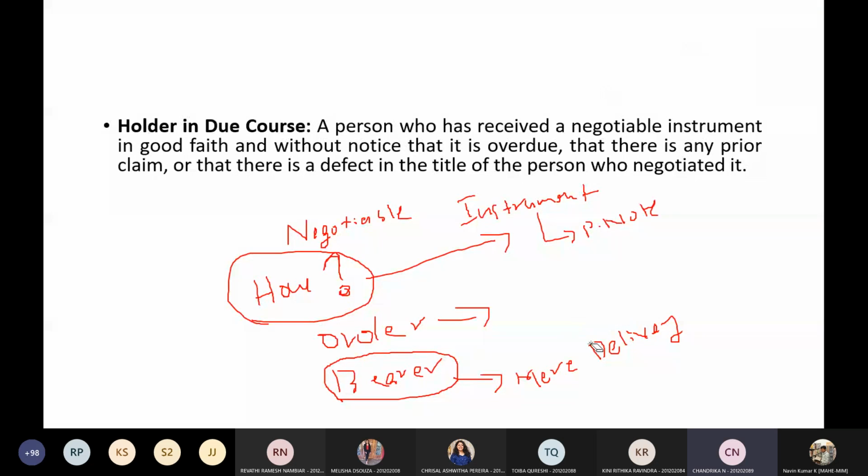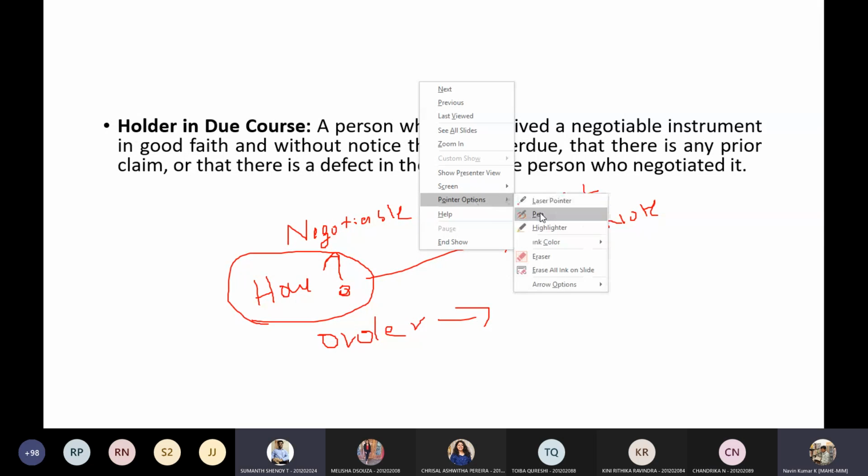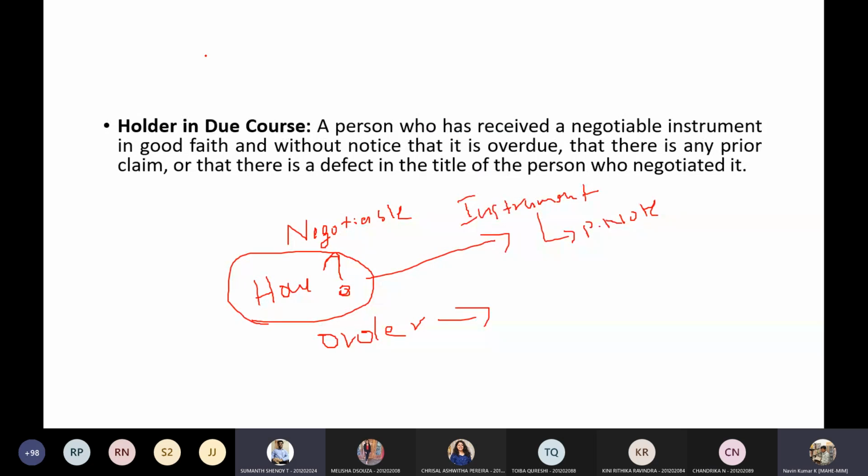So it means it can be paid only to a particular person. Exactly. It means it is an identifiable instrument which is payable on order of a particular person. Exactly. Suppose I write